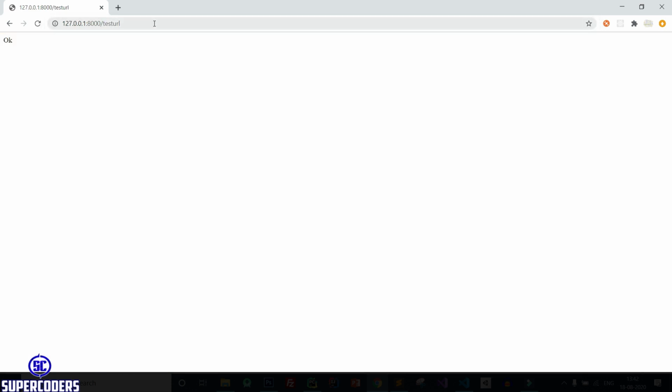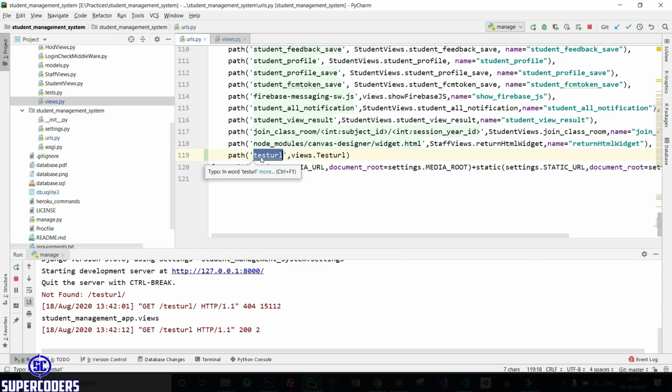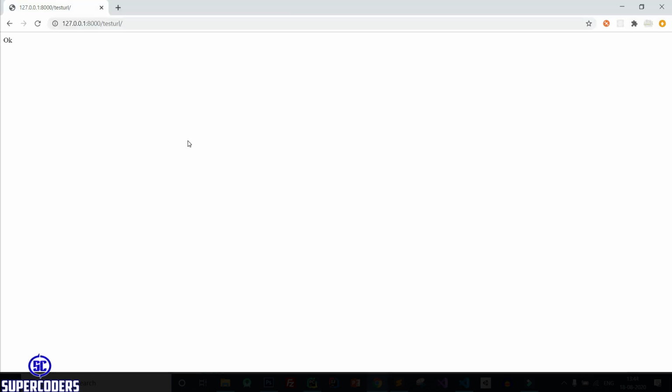So this is a common mistake when you are making pages or adding routes in urls.py. Many users face this issue like URL not found, page not found. So you must check your URL like this, test URL. It must match with this URL. Let's move to the next step.